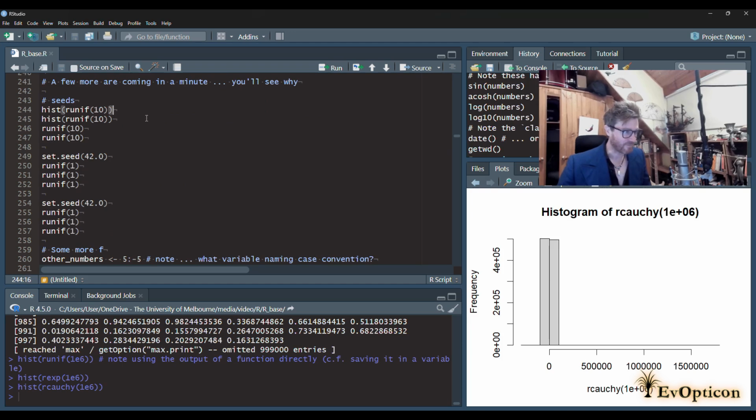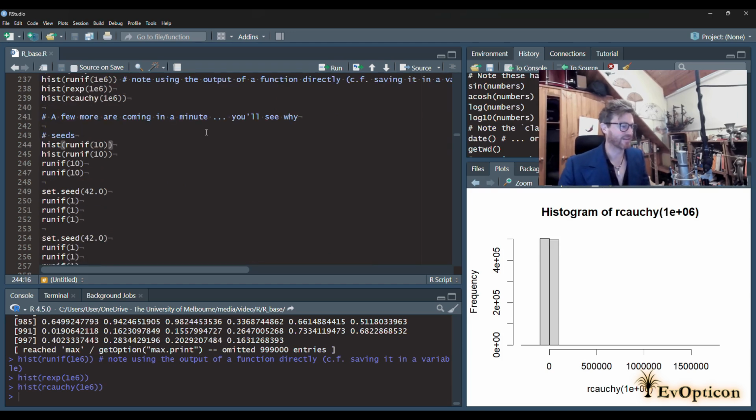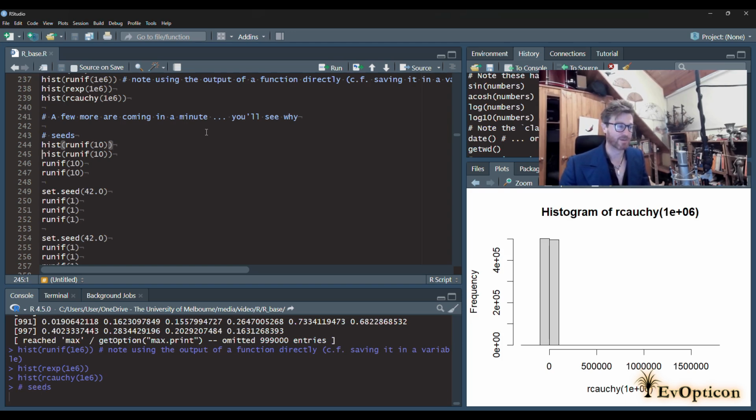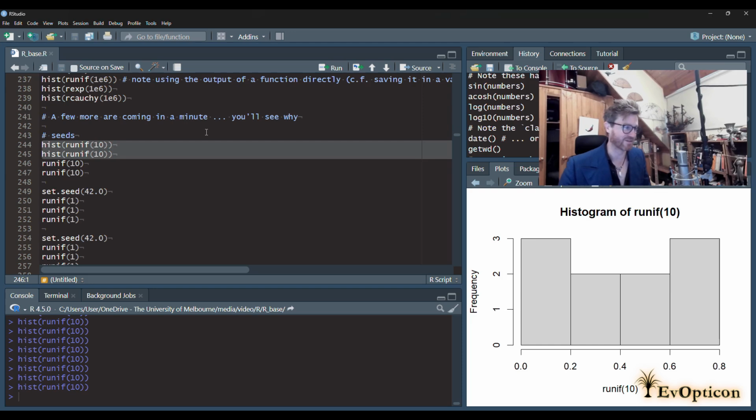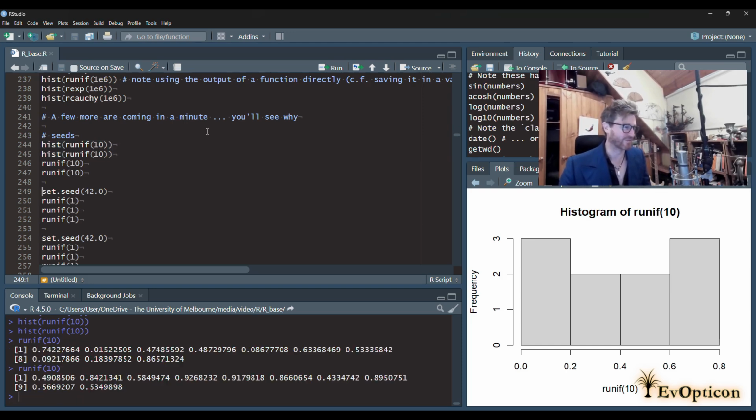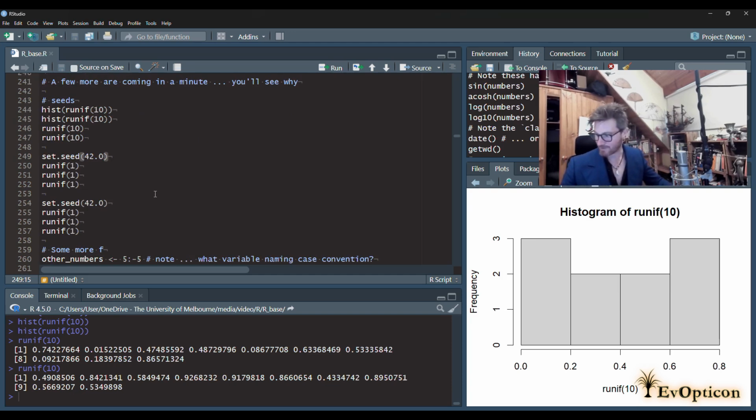So, in advance of that, I really wanted to cover seeds. Notice if I make a histogram of uniform numbers and I choose a low number of them, like 10, then I can run this a lot of times and the histogram is going to look different. That is, of course, because if I run the random number generator twice, it's going to generate completely different numbers. This one starts with 0.7, that one starts with 0.4. Because they're random, why should it generate the same set twice? But I might want the random numbers to always be generated the same. For example, if I'm doing a simulation study and I want someone to be able to replicate that study,